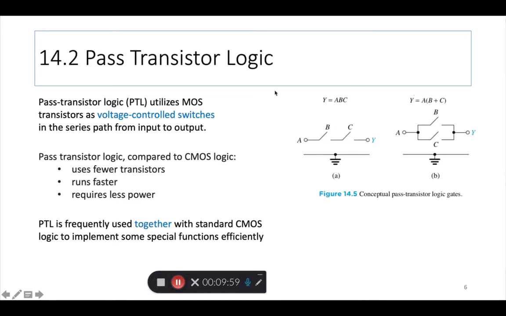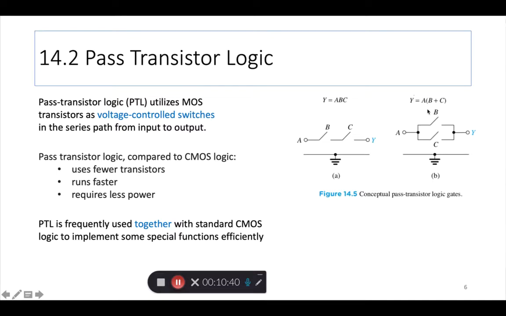So this B and C can be created or switched using MOS devices. You don't have to rely on CMOS for this, right? And having this little Y equals ABC function within a complicated circuit, if such is the situation, then you can use this pass transistor logic. Similarly, if you have to implement Y equals A into B plus C, you can see it's pretty simple, right? Now, to implement either of these, Y equals ABC or Y equals A into B plus C,